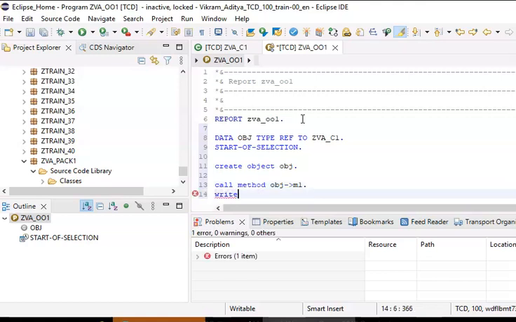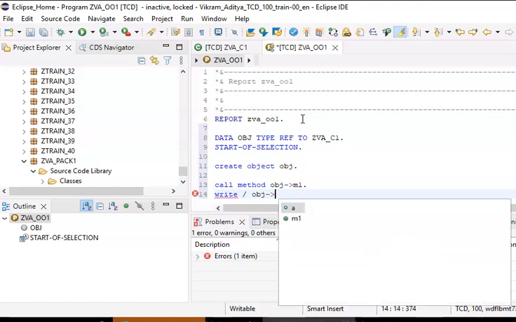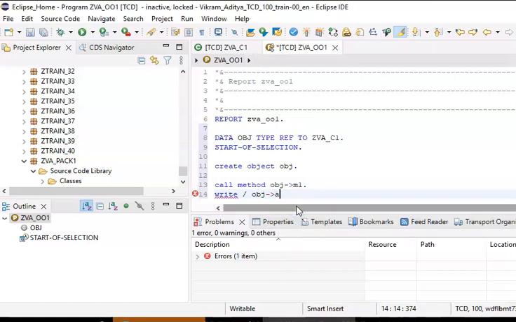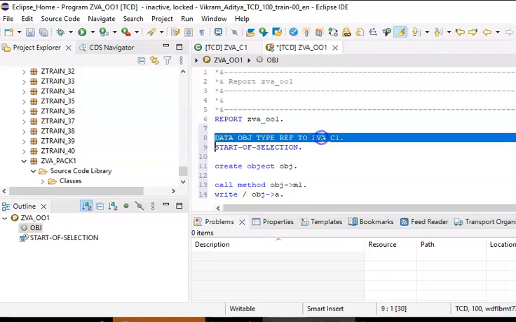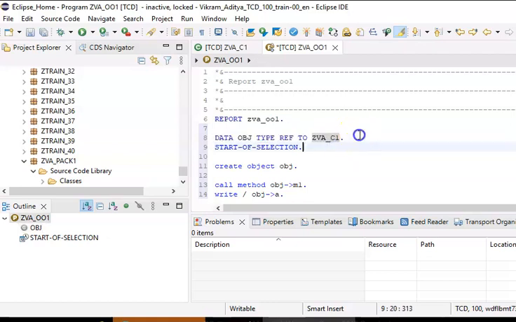Write obj a. And this is what we have. So we are making use of ZBA underscore C1, which we had just now created as a global class. Since it's a global class, you can use it in n number of programs in n number of scenarios. So we'll go ahead and say syntax check, activate,